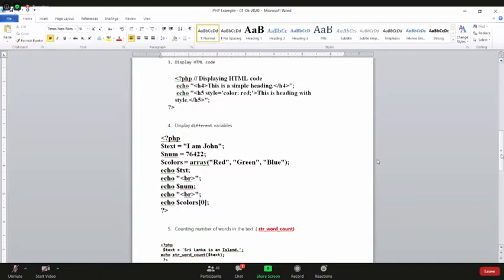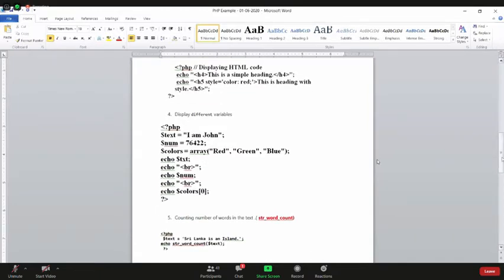There are another two functions available on strings. That is str_word_count. If you want to count the number of words in that paragraph or line, you can count how many words. Earlier we learned to find the string length, the size of the string.